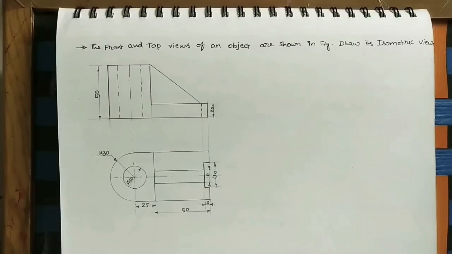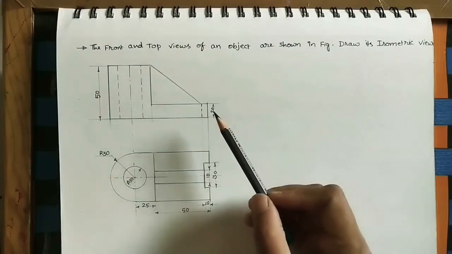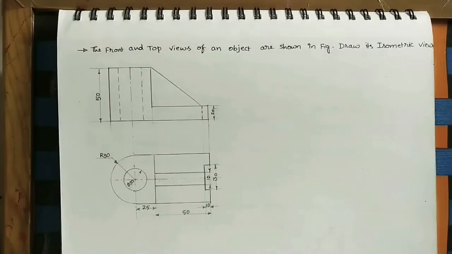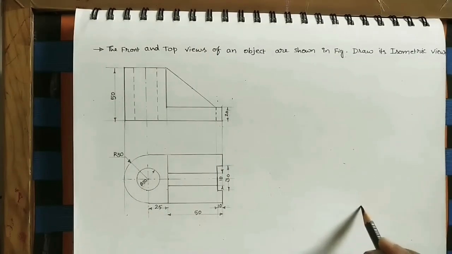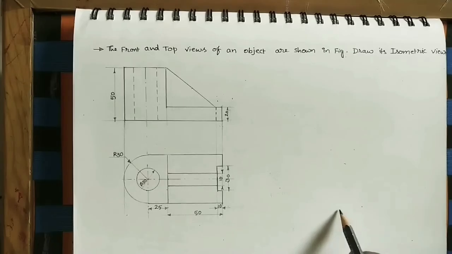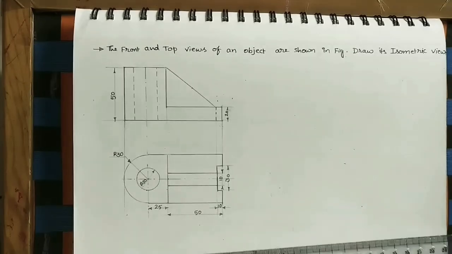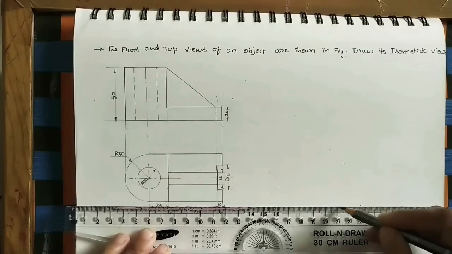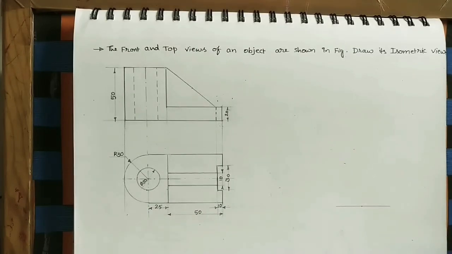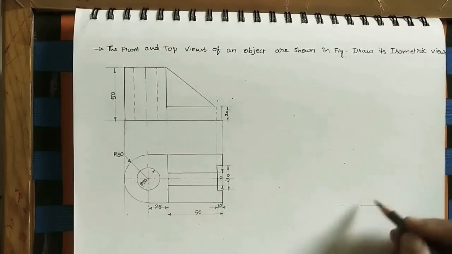Let us discuss how to do the isometric view of the given diagrams. We need to do the 3D diagram by using this front view and top view. Initially we have to take the front view initial point and mark this point here. At this point I will do one small horizontal line. Any horizontal line is a reference line. At this point, do one small horizontal line. Again at this point take the angle lines.